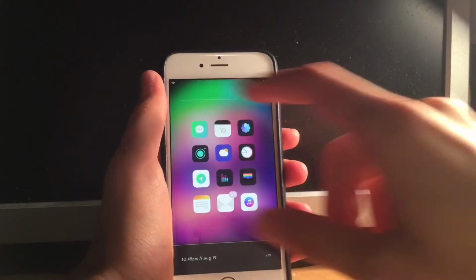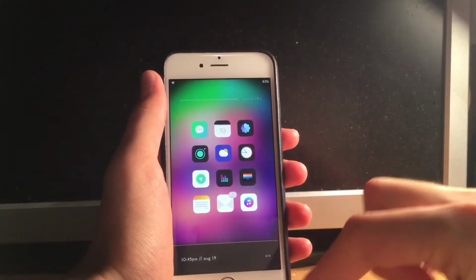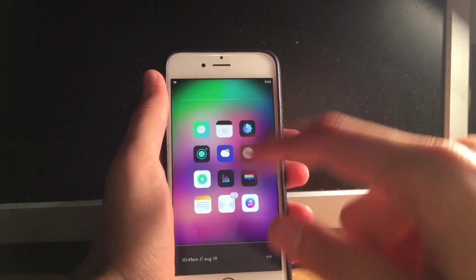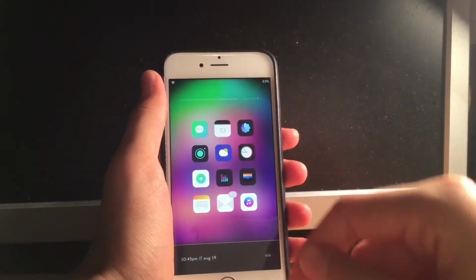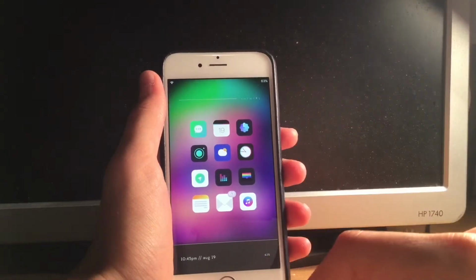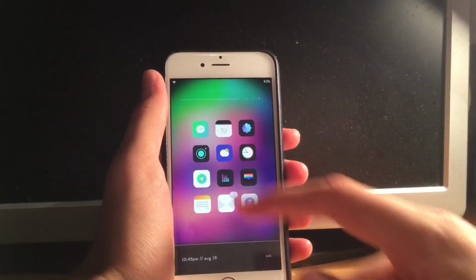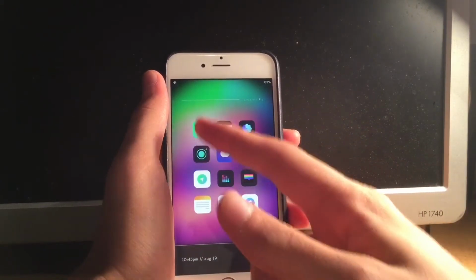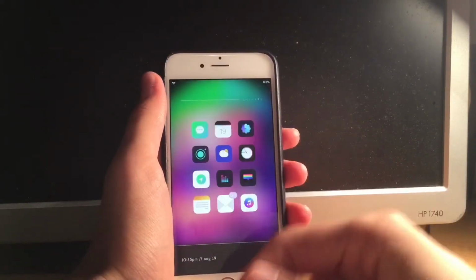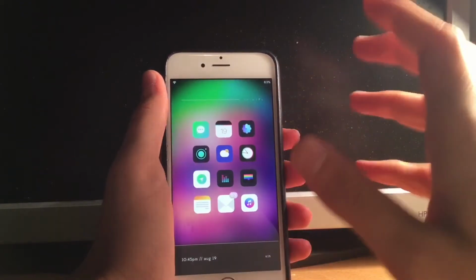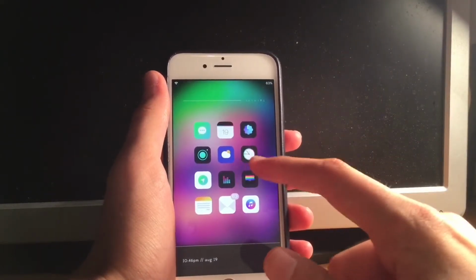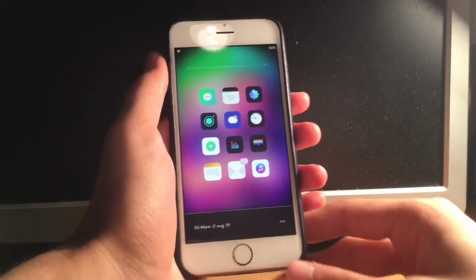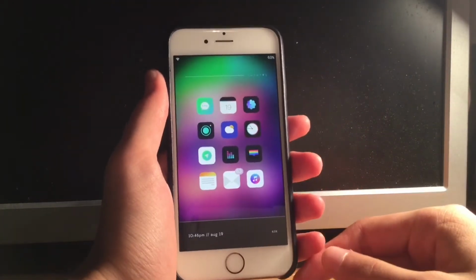The look on my device, the overall look on my device, is due to a couple of tweaks. And first of all, for the status bar, this is due to Hide MeX again. Everything that is hidden here is due to Hide MeX. So the clock on the status bar, as well as the carrier logo, the carrier text, everything that is hidden here is due to Hide MeX, and also the icon labels hidden, again due to Hide MeX. So what else?